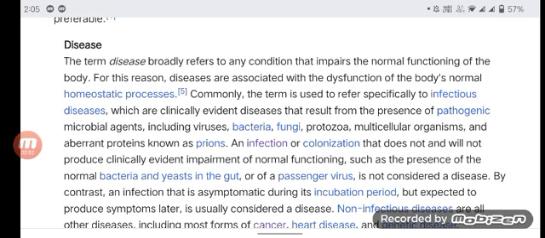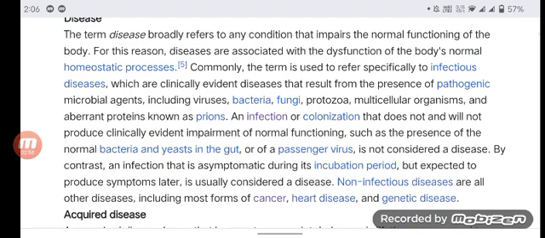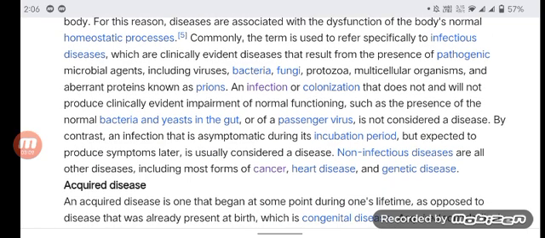Disease: the term disease broadly refers to any condition that impairs the normal functioning of the body. For this reason, diseases are associated with the dysfunction of the body's normal homeostatic processes. Commonly, the term is used to refer specifically to infectious diseases, which are clinically evident diseases which clinically